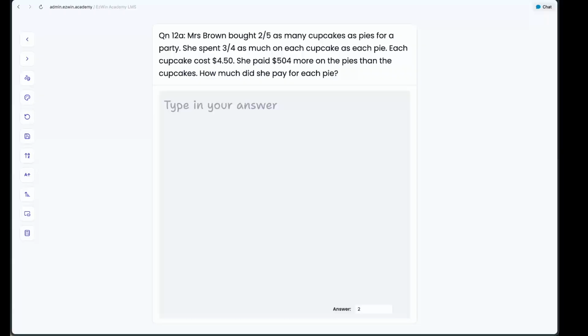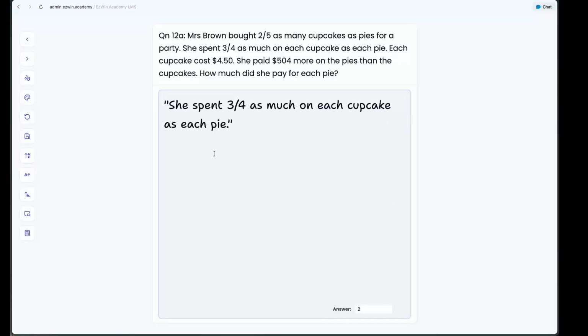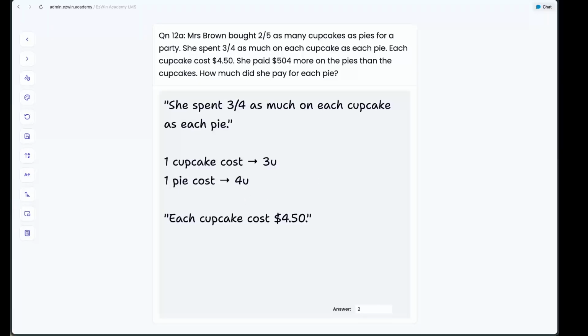So from the question, we know that she spent 3/4 as much on each cupcake as on each pie. So what does this mean? This means that one cupcake costs 3 units and one pie costs 4 units. And we know from the question that each cupcake costs $4.50, which means that 3 units is $4.50. That means 1 unit will be